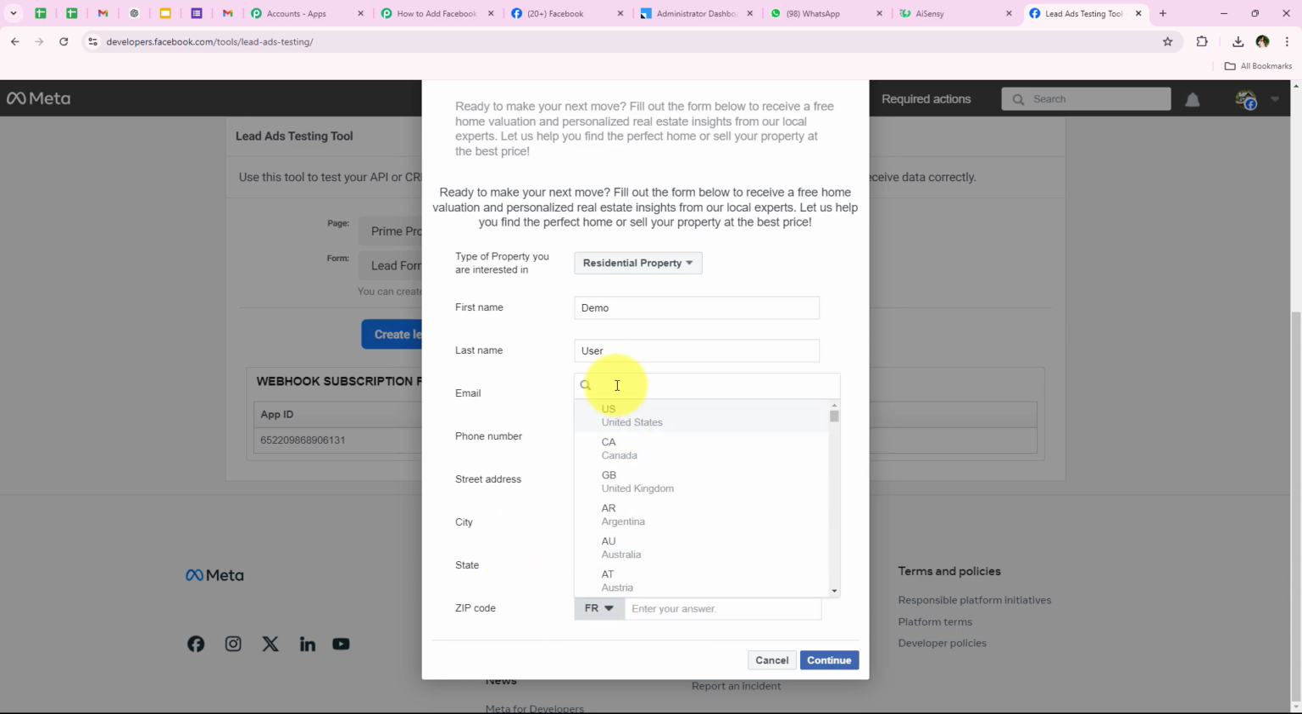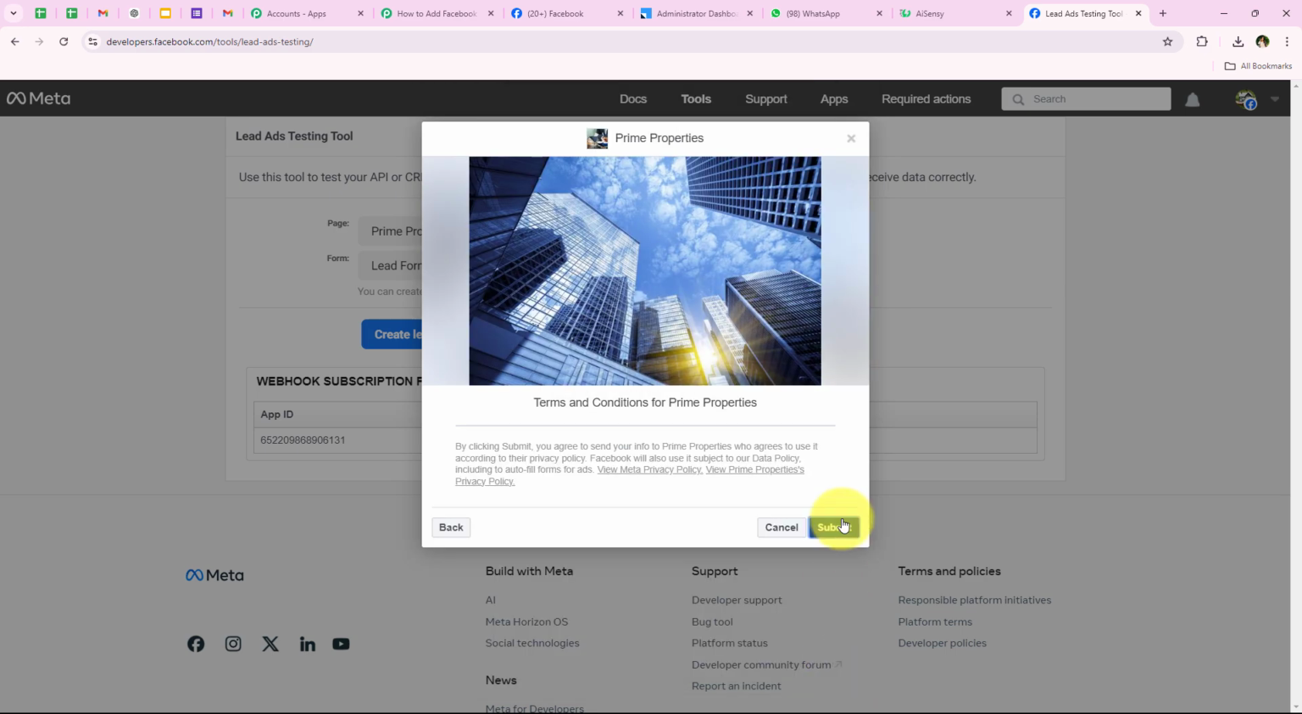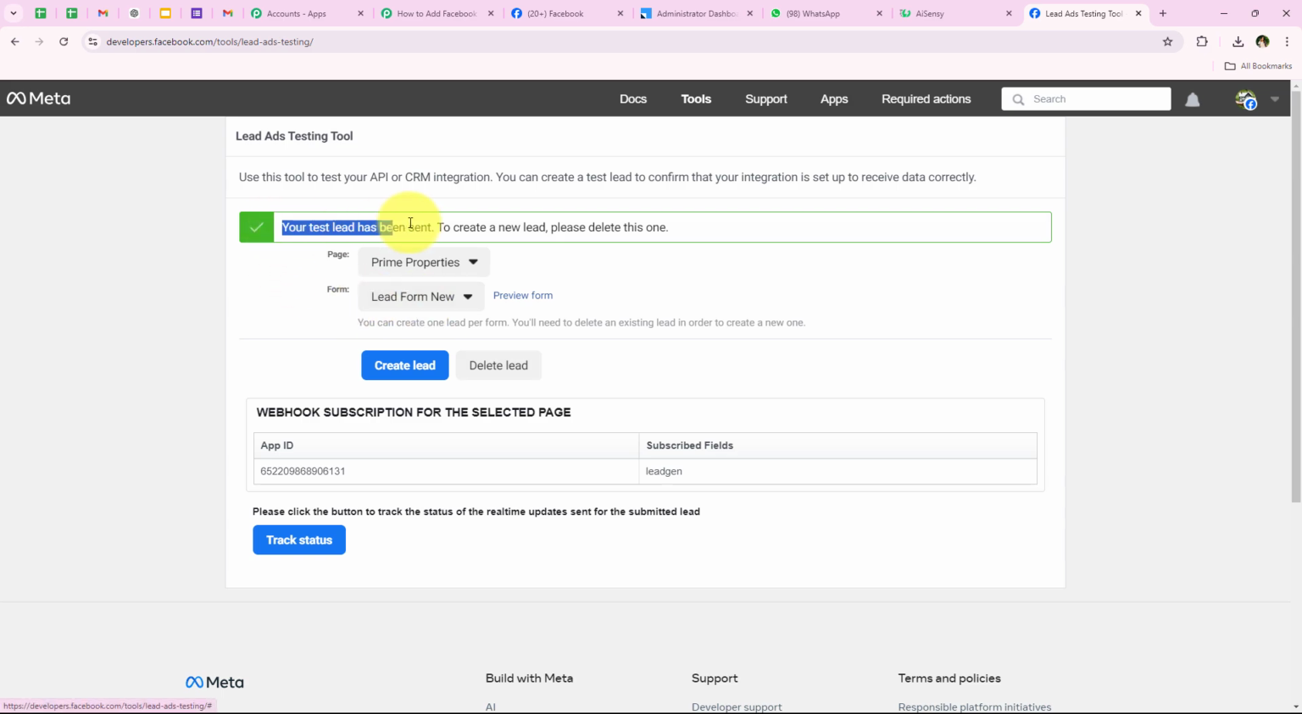It is asking me for the zip code, so first I'm going to select the country over here, which is India, and then for the zip code I'm going to keep it as this. And now after entering all of these details, we are going to click on continue and then submit. And as soon as we are going to click on submit right over here, yes, you can see your test lead has been sent. So this means that lead ads testing tool has sent the details of our test submission